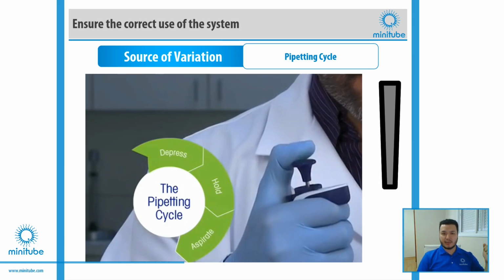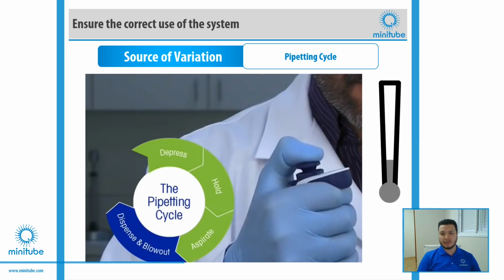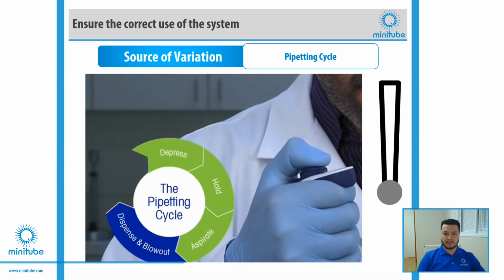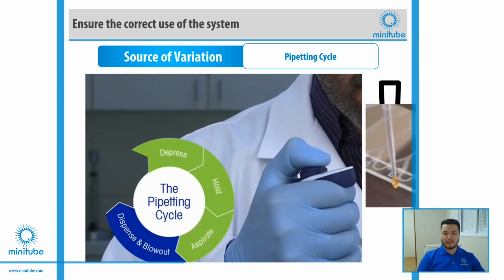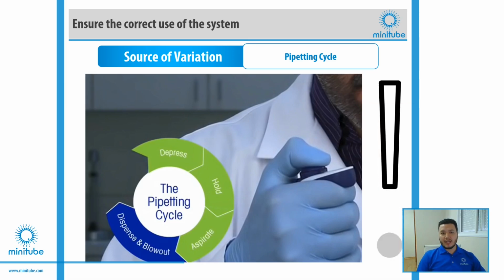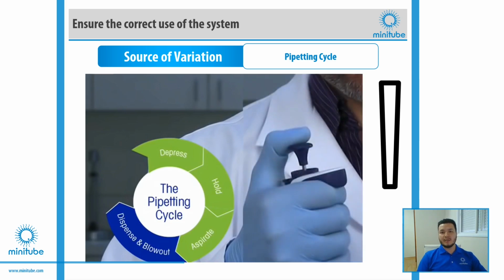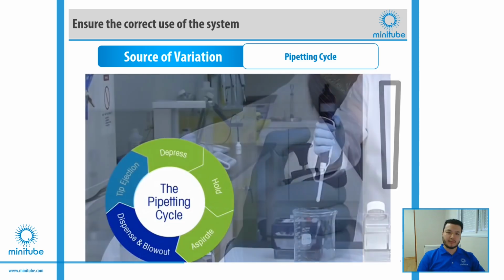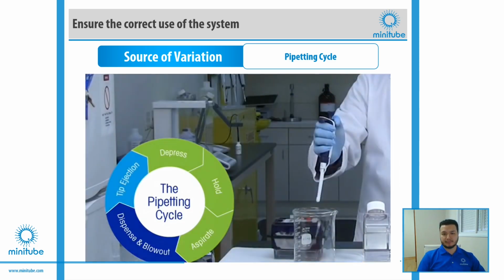Then dispense the sample out of the tip by pressing down on the plunger in a smooth, continuous movement until it reaches the first stop. And now we do the blowout by pressing the plunger until a second stop. It expels any sample remaining in the tip. This drop that forms at the end of the tip is the one that will load the counting chamber. Only after filling the chamber should you release the plunger, to avoid aspirating the sample back into the tip, and then finally eject the tip.